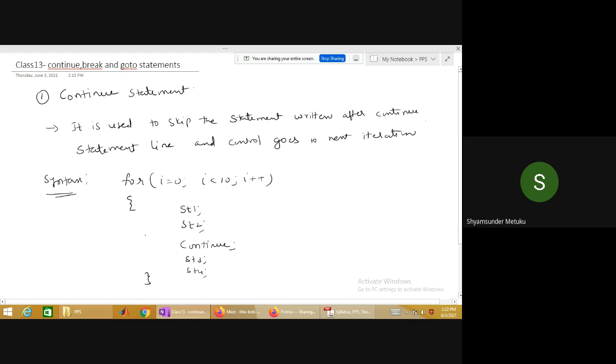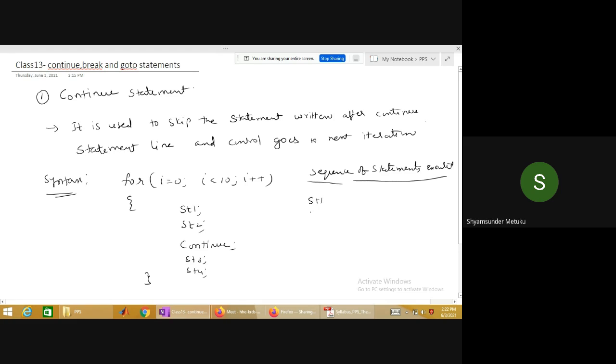Yeah, 3 and 4. So as per your understanding, can you tell me what will be the sequence of statements executed in this particular loop? Can anybody tell based on the definition I gave above?